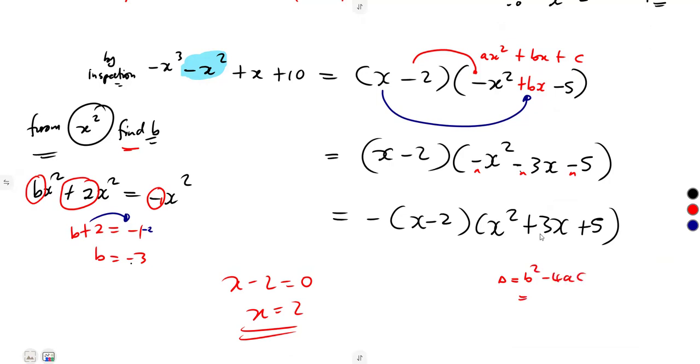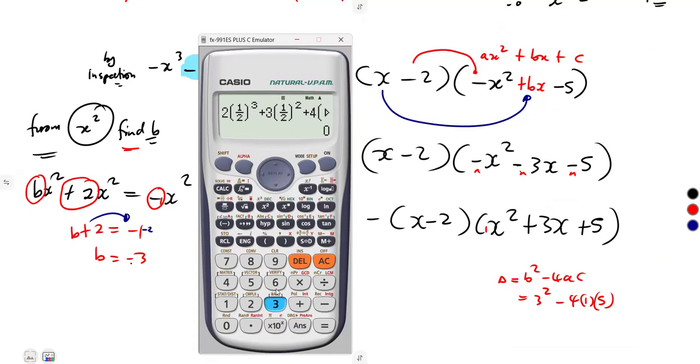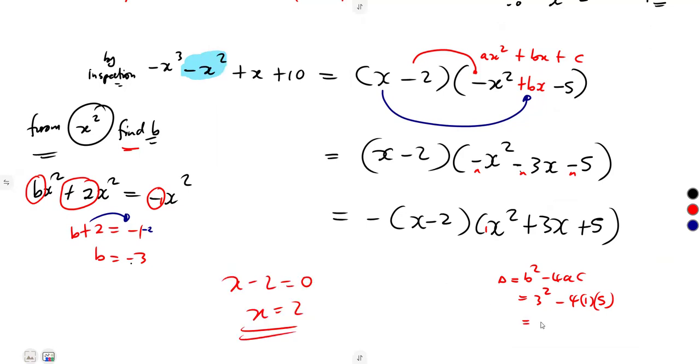I want you to see something. Your b is 3. 3 squared minus 4 times a, which is 1, times c, which is 5. It was going to be 3 squared minus 4 times 1 times 5, which is negative 11. So if your discriminant or your delta is negative, if our delta is less than 0,